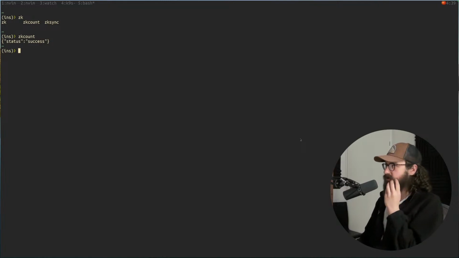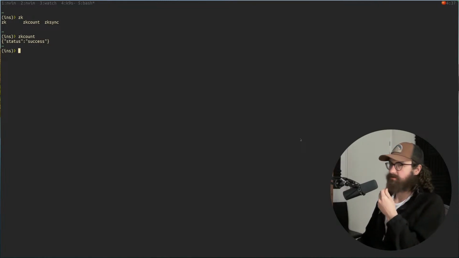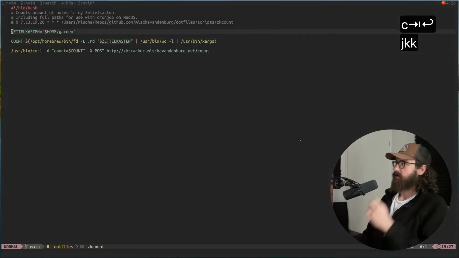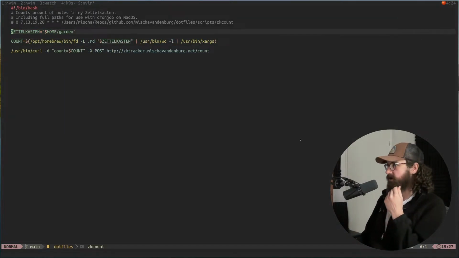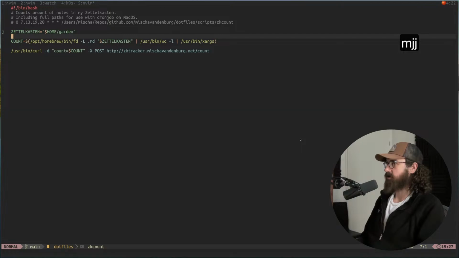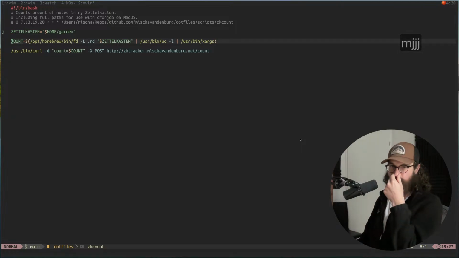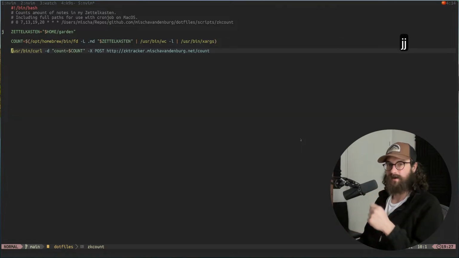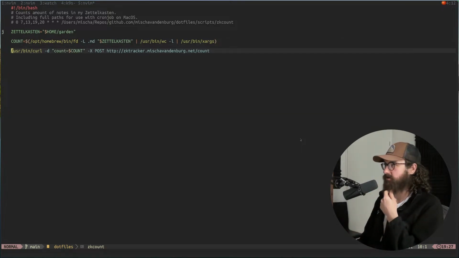And what this does, I have this script called ZK count. And this goes into my Zettelkasten, and then it will get the number of markdown nodes that are in my Zettelkasten, and then it curls them to an API that I created myself. Very simple,